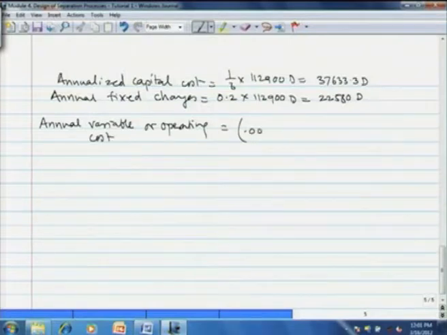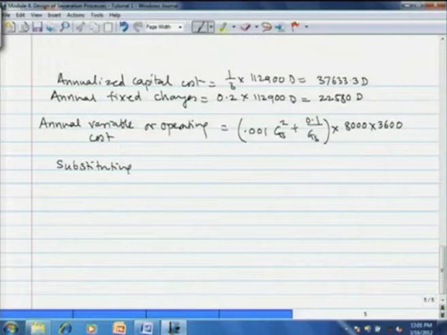is 0.001 GS square plus 0.1 by GS. This is rupees per second. We are given 8000 hours of operation. So, into 8000 into 3600. Okay. So, now you substitute for GS here, substituting for GS and simplifying, gives